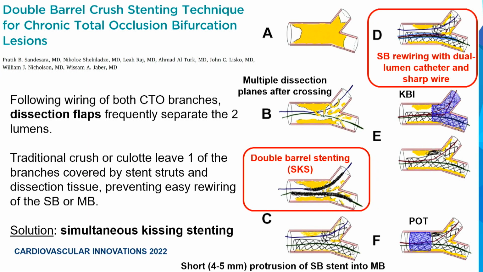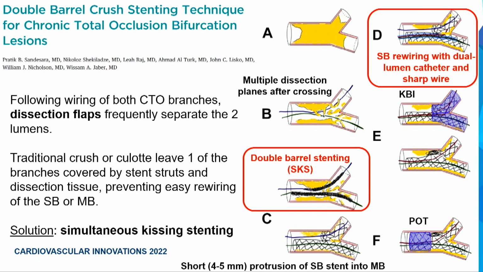And this will prevent easier rewiring of the side branch. So what they advocate is simultaneous kissing stenting or double barrel, in which there is a big protrusion of the side branch stent into the main vessel. After stent delivery, a dual lumen catheter is advanced on the main vessel wire and is used to rewire the side branch with a high tip load wire such as a Gaia or a Confianza, and then the struts are opened,